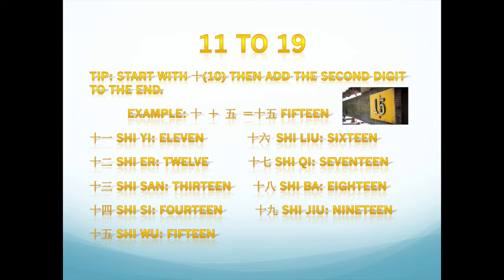Okay, so now we are going to learn the numbers 11 to 19 in Mandarin. There is a simple way to remember these numbers. First, start with the number 10, then add the second digit. In this example, the second digit would be 5. Together, they make